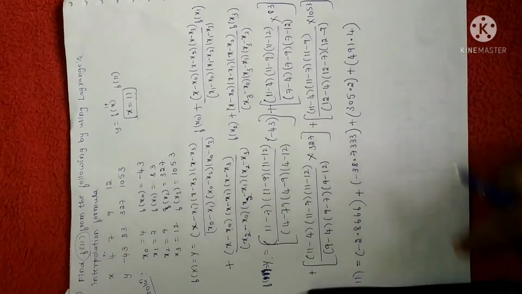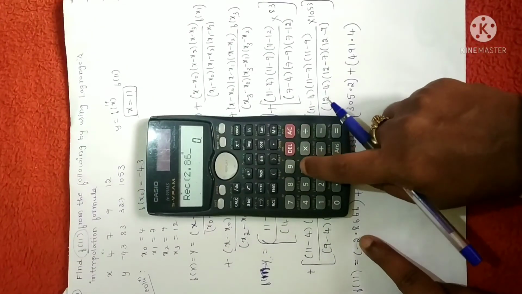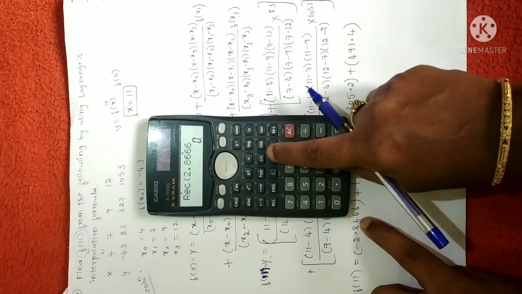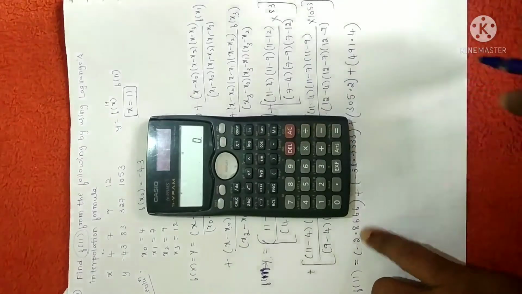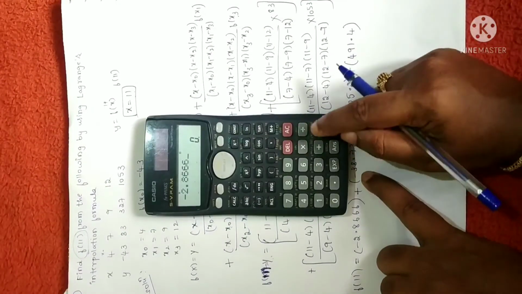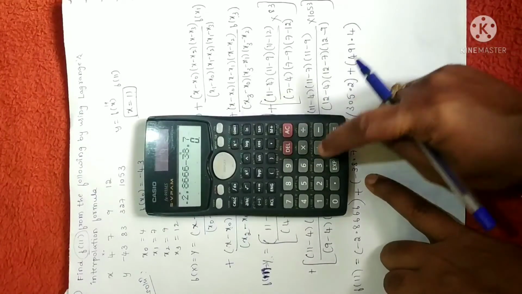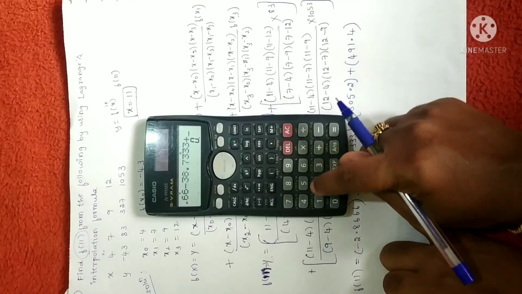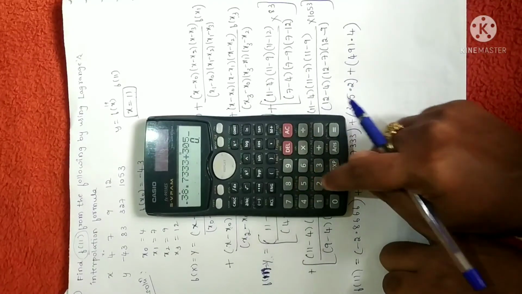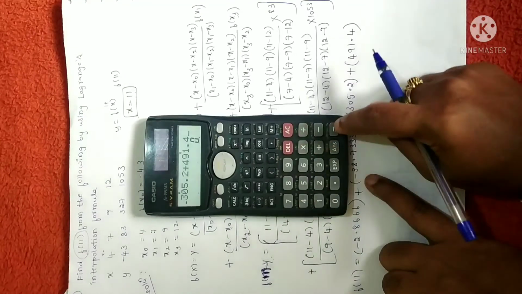So you will get, see here, minus 2.8666. Fine. Next, plus into minus gives minus, no need to put brackets and all: 38.7333. Next, plus 305.2, plus 491.4. So after simplification you will get